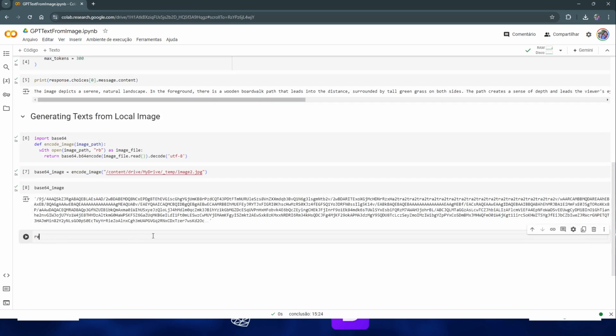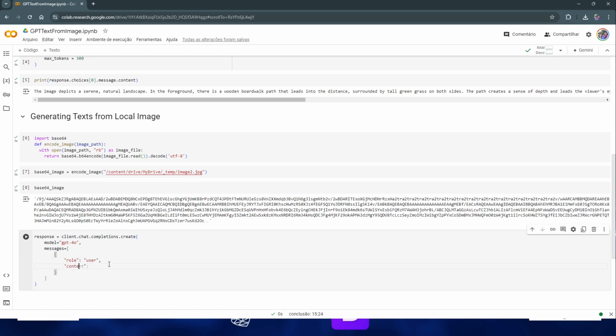Now let's create a response equals client.chat.completions.create. For the model equals GPT-4o. And for messages equals role user.